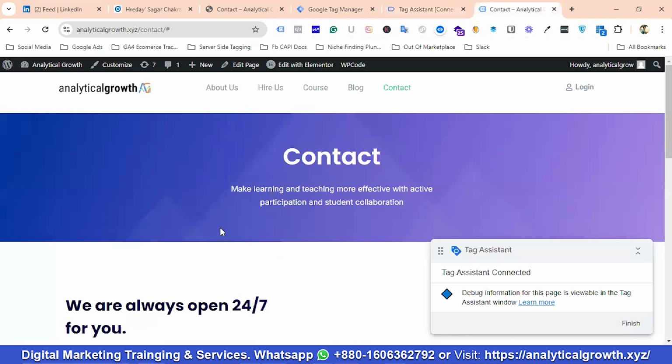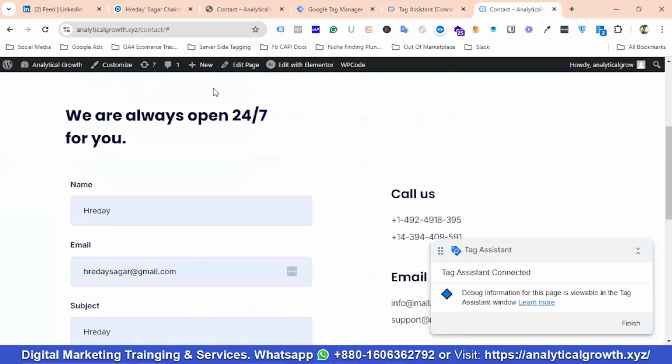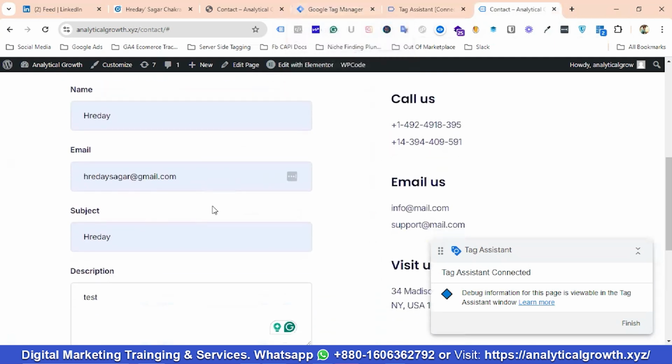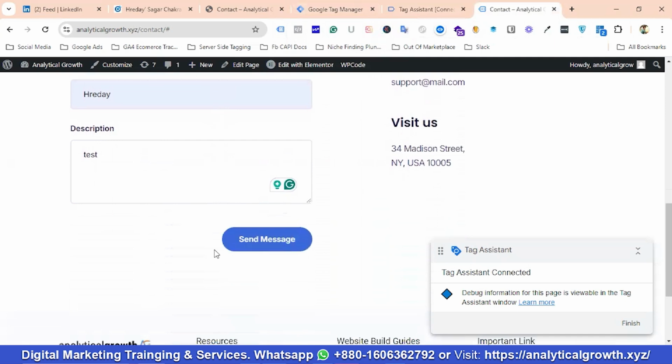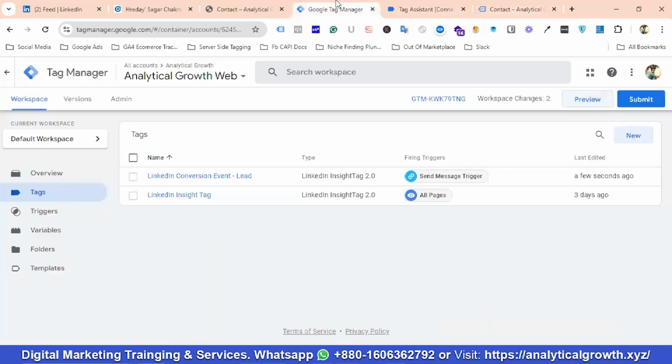So we are using this one. If that was the thank you page URL, then we could have used a different trigger. If you're an expert in Google Tag Manager, you can play with different triggers, no worries. For this website, we're tracking in this way. But if you have a different trigger, then you can set up the different trigger. Like if you have a thank you page URL, then you can